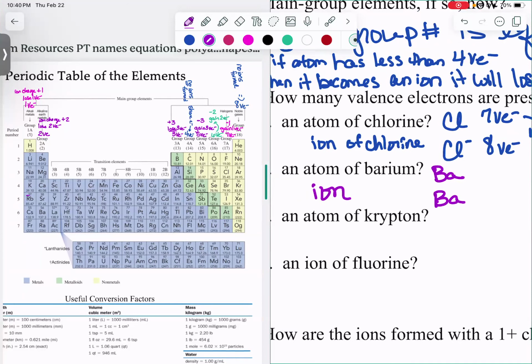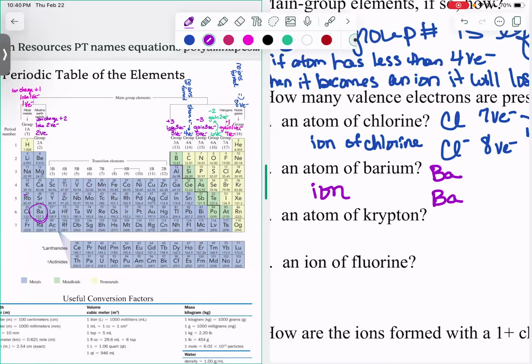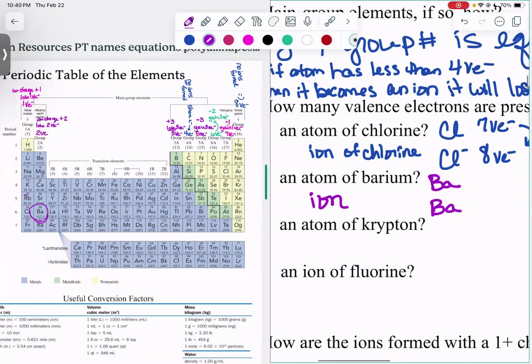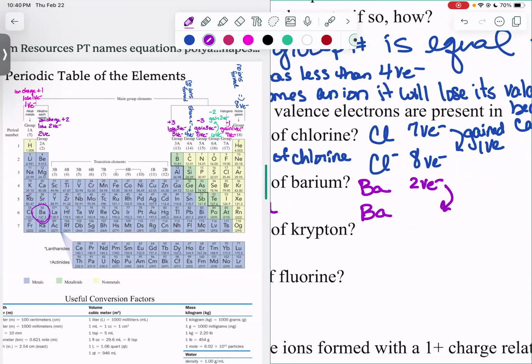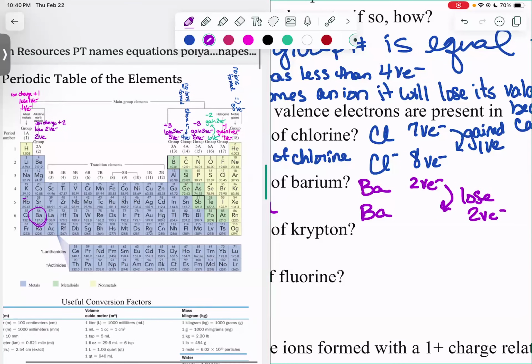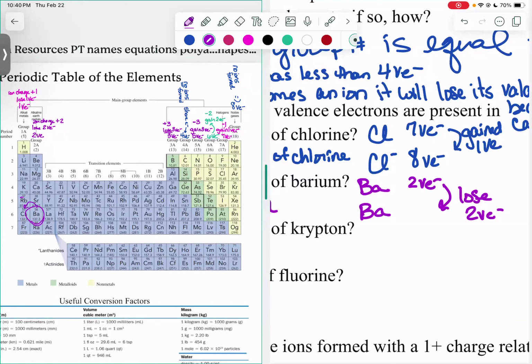If we look for barium, we're down here, we want to come up and we're going to say, okay, that's 2 valence electrons in the atom, 2 VE. So what is barium going to do? It's going to lose those 2 valence electrons. If it loses 1, it looks like cesium, right? That's 1 less. And then if you go back 1 more, you got to go all the way to the